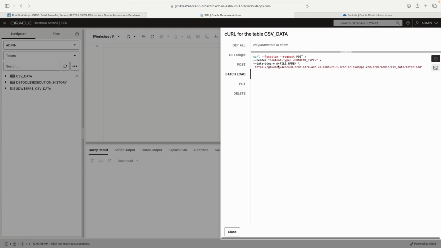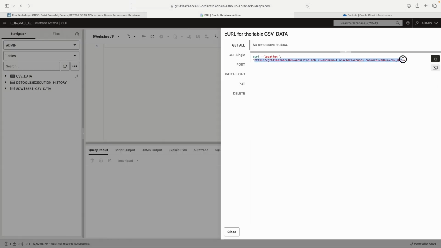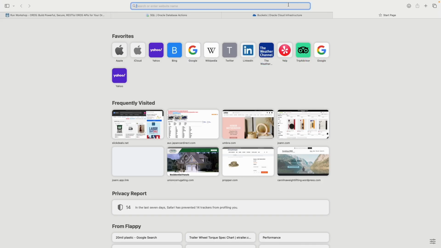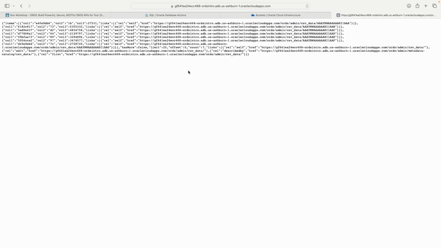We are going to use batch load. So batch load is kind of special. It allows us to load, in our case, I think we're loading a CSV file that has 2 million plus rows in it or something. And that's pretty neat. It kind of chunks things and sends them over. It's for larger files. But in this case, our lab just says, hey, go here and copy this. So if I just copy this, you can go to a new browser, and then you can see here,